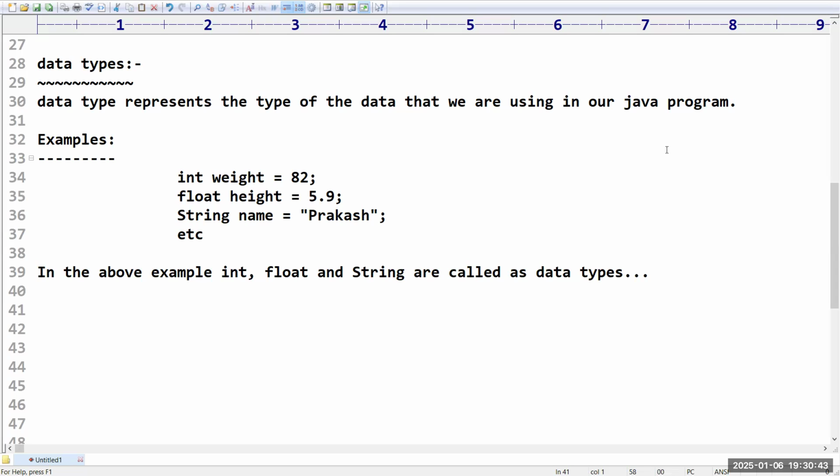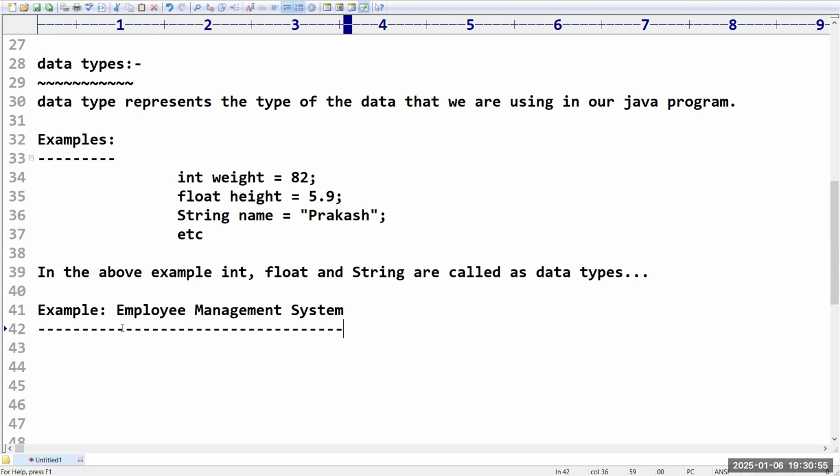Now the next thing, observe carefully. I am taking a scenario-based application, like an employee management system. I am developing one application, an employee management system. Employee ID we compulsorily need to take.